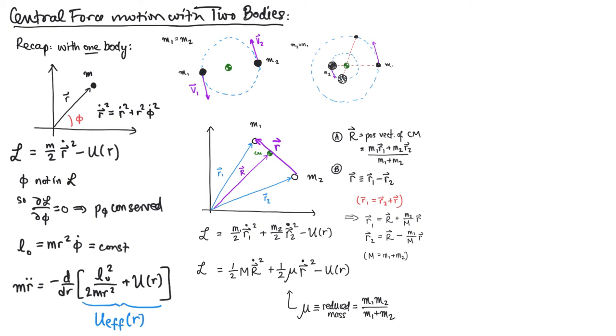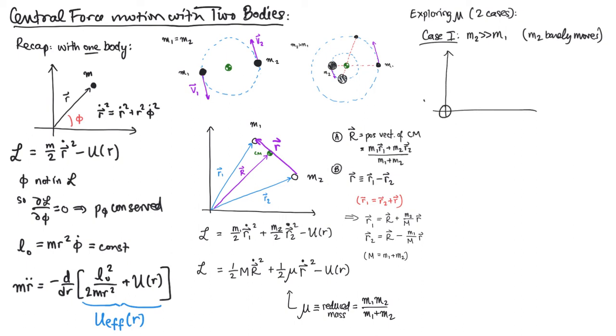And if you've worked with resistors in parallel, mu is like the mass equivalent of resistors in parallel, where if you have two resistors in parallel, the total resistance is the product over the sum of the individual resistances. So let's think a little bit about the reduced mass in a couple cases. So for our first case, let's consider the limiting case where mass 2 is much bigger than mass 1, which basically means mass 2 is barely going to move. And in that case, we can treat mass 2 as being at the origin. And so we'll have something like this, where we have an enormous mass 2 and a little mass 1. And we have a position vector,